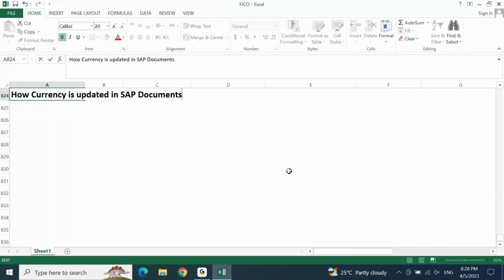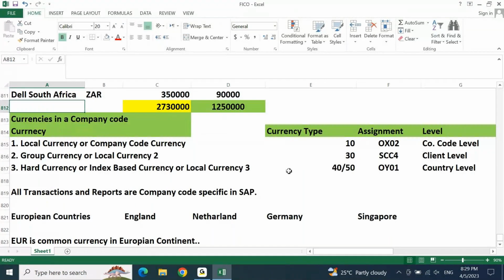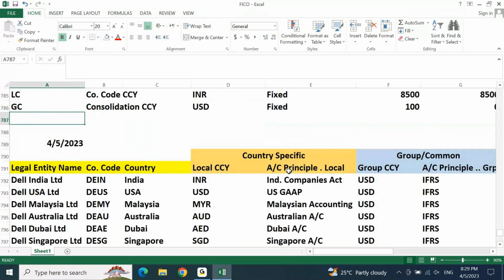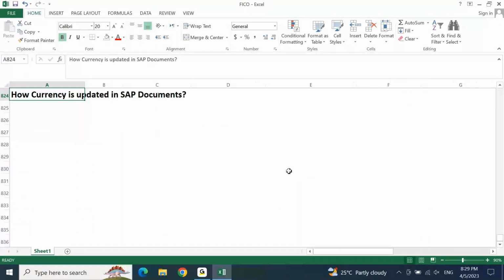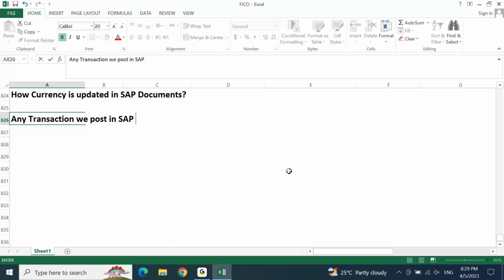Once you maintain your company code and decide how many currencies you want, you will have to record the transactions, correct? Next, I will be recording a transaction. When I record a transaction, if my company code is dealing with multiple currencies, let's say INR and dollar in some cases, INR, dollar and euro in other cases, how will these currencies get updated, on what basis, on what logic? Now, first thing, any transaction we post in SAP will have